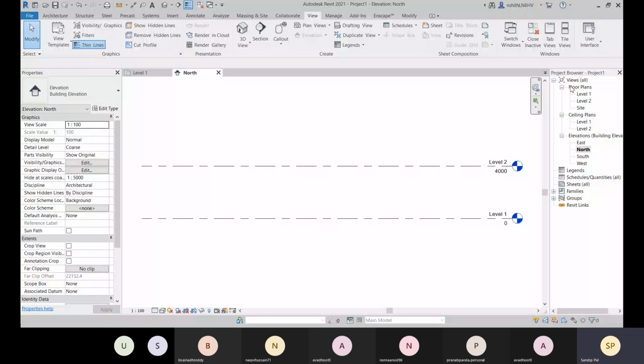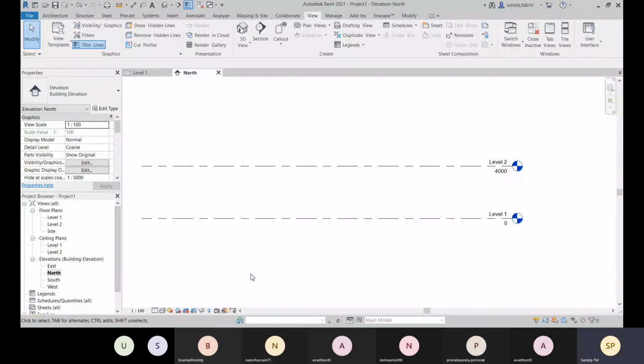Let me dock it like this here, so that I can have a bigger space for my drawing area. And here you see right now this tab views is selected. TW is the shortcut, you can choose tile views.